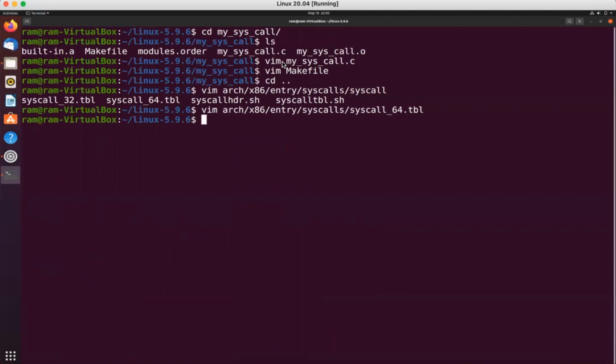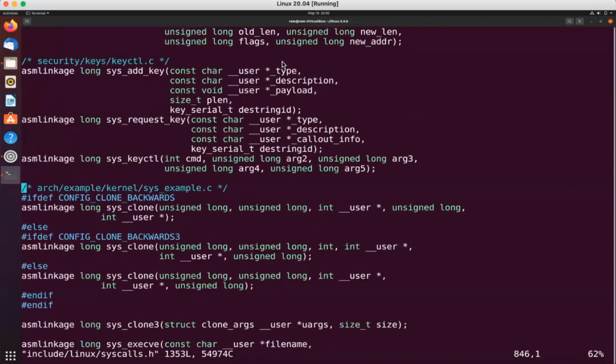Now we have to give an entry into the header file. This header file contains the definition of every system call implemented in the Linux kernel.